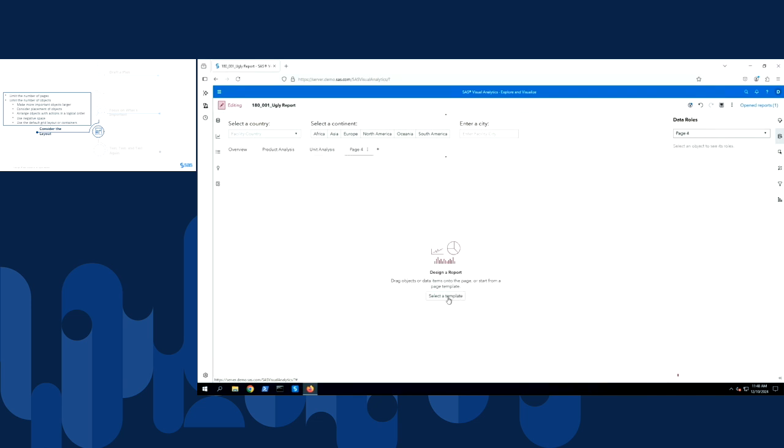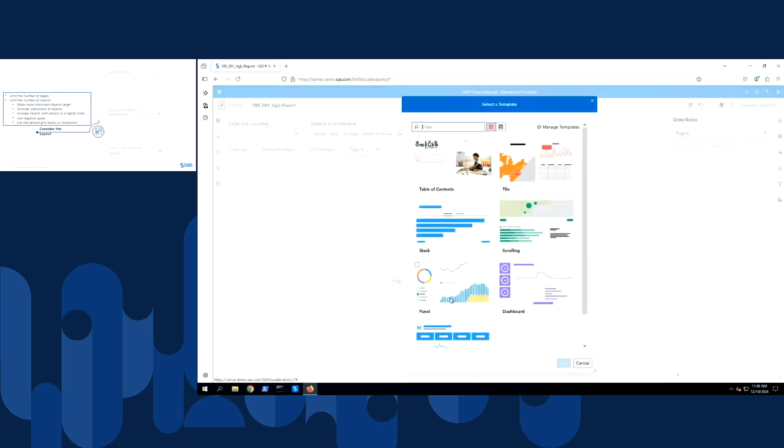And I actually have created a template for my table of contents pages. It's possible in Visual Analytics to build a layout for a page and then save it as a page template so you can use it in other reports as well. I always do this for my table of contents pages, so they have a consistent look and feel across all of my reports.